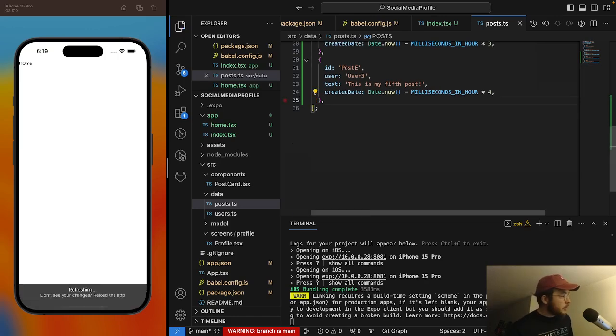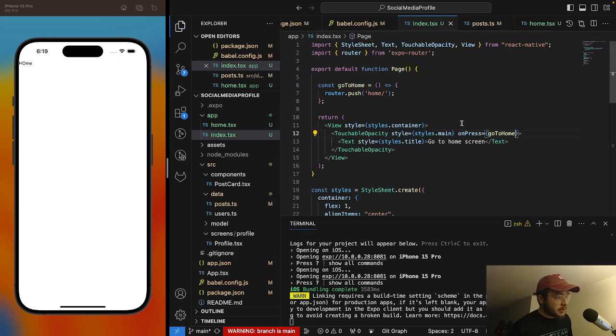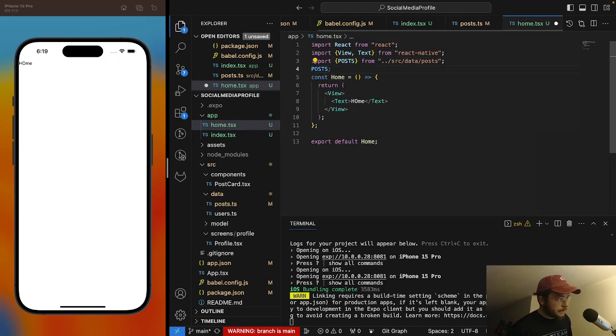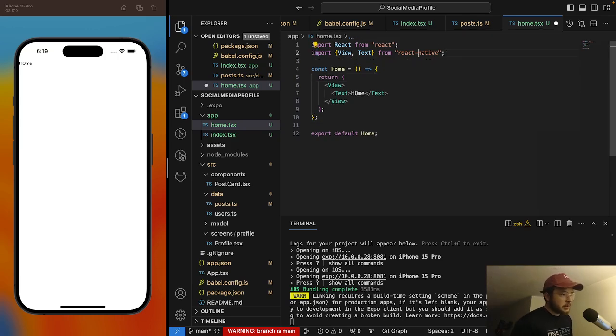Okay. So now what we're going to do is display this list of posts. So we got the home screen. Was it like posts or something? Yeah. So we're going to use a scroll view for this. There's different types of components that are similar to scroll view that allow you to go up and down, like you swipe with your finger. I don't know that in this case we would actually use a scroll view, but I think we can